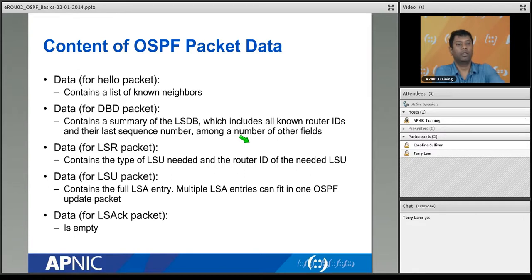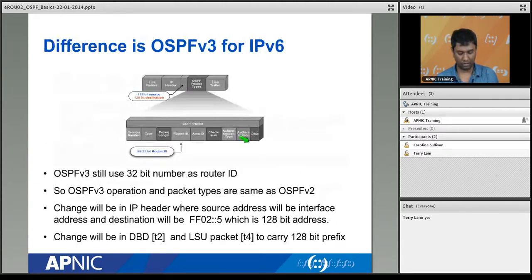Link state update, what does it contain in the payload part? Obviously, it contains the topology detail information. And as I said, on an acknowledgement, the data part or the payload part is empty. There is nothing in the payload. So if you see the difference between OSPF version 2 and version 3, normally